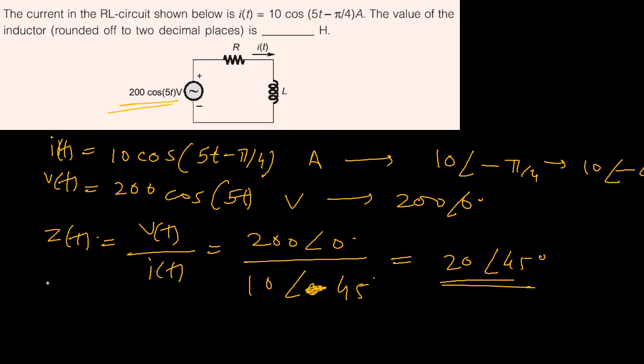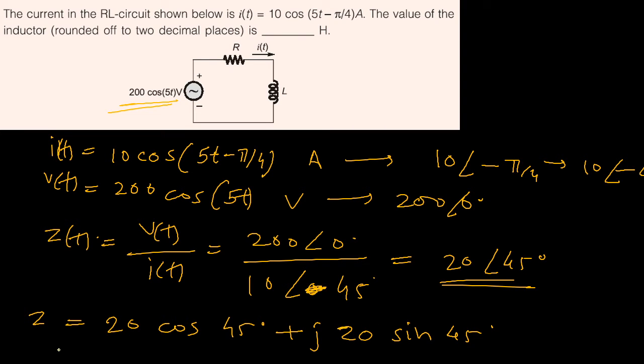If I convert this polar form into rectangular form, then the value of Z is nothing but 20 cos 45 plus j 20 sin 45. We know the value of cos 45 is 1 upon root 2, so it's 20 into 1 upon root 2